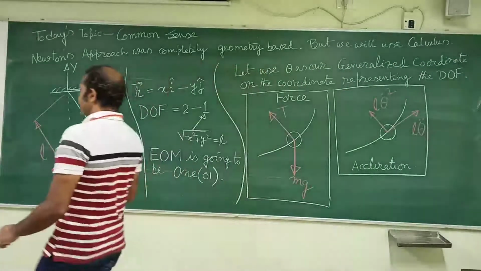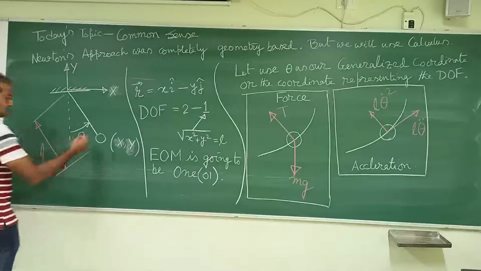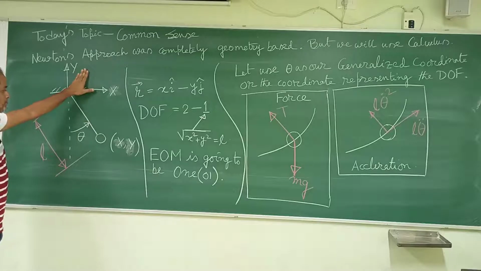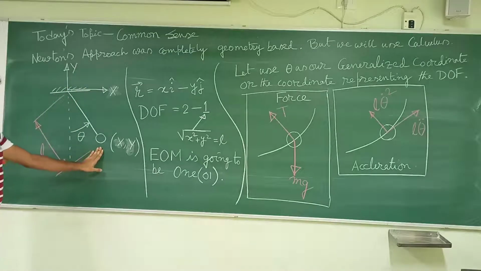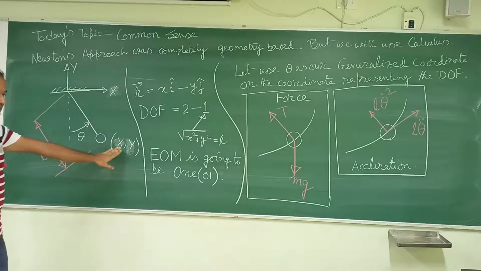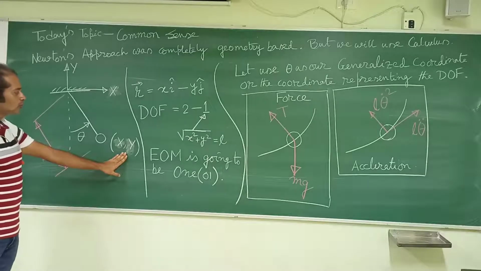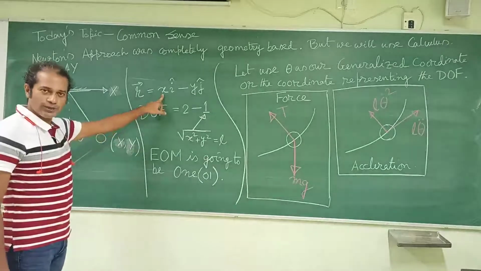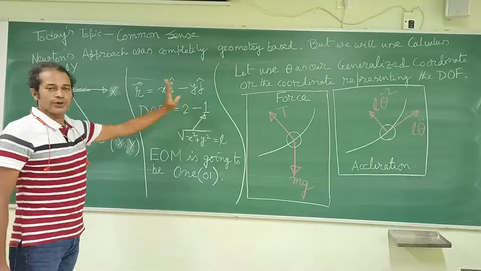Let's say you have chosen a simple pendulum and it is going to oscillate like this. Its length is L and it is undergoing a planar motion. But we are going to say that this theta is not small. Theta is a finite angle and we are choosing an xy coordinate system. So the pendulum bob has the coordinates x and y. Now the position vector is going to be xi minus yj.